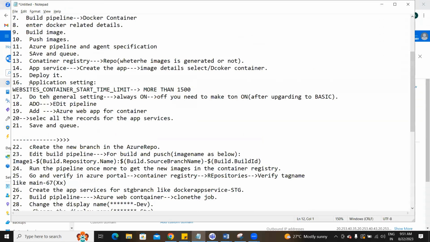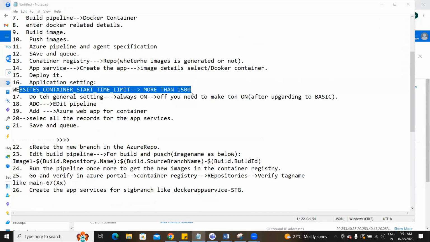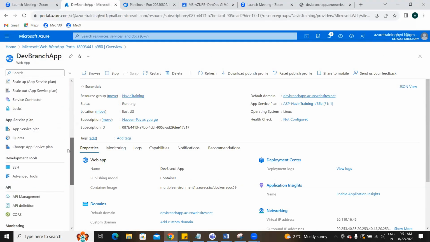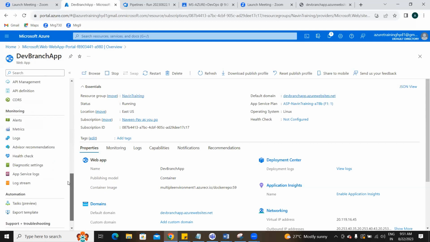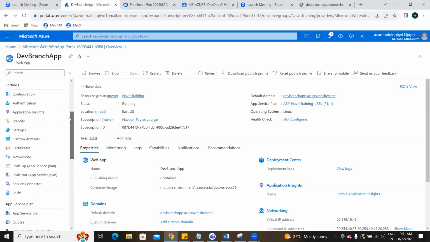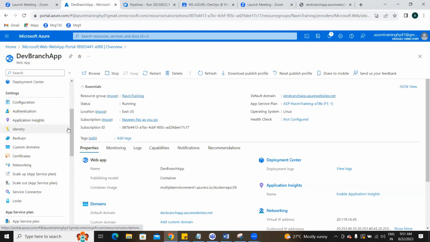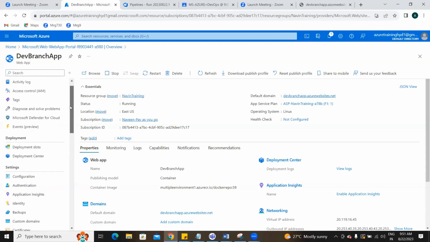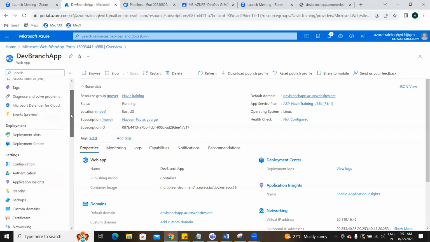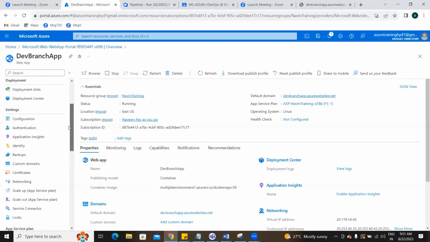So after deployment, you have an application setting actually. You have to make it. This is not mandatory, but you can do it. Why is it the changes? I'll tell you. Where is application setting? Can you see the application setting somewhere on the left hand side? Where is that here? Application setting. Are you able to see any setting changes here? No? You're not seeing any changes?